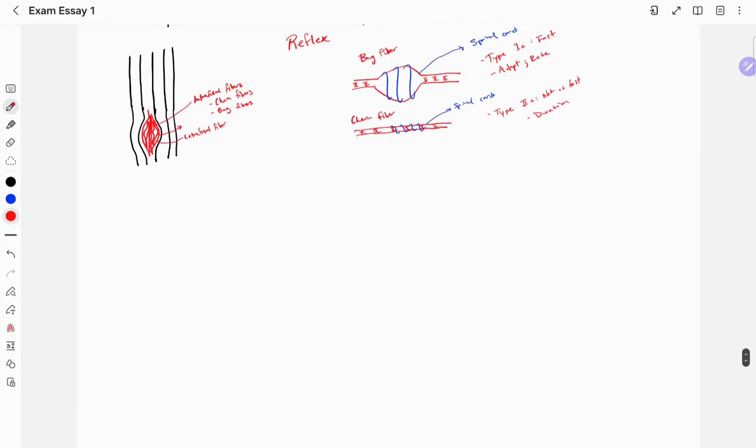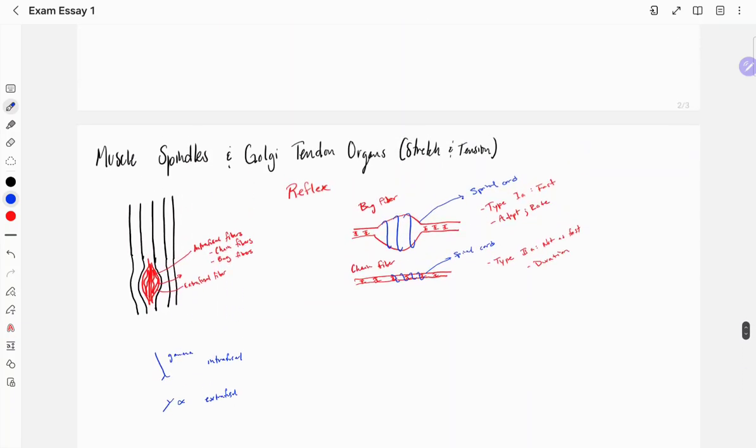Now, I remember Brother Hunt talking about gamma neurons innervating intrafusal fibers and alpha neurons innervating extrafusal fibers, and their response to stimulus. Honestly, that's about the extent of what I remember. I'm having a hard time with the recall on that right now, but